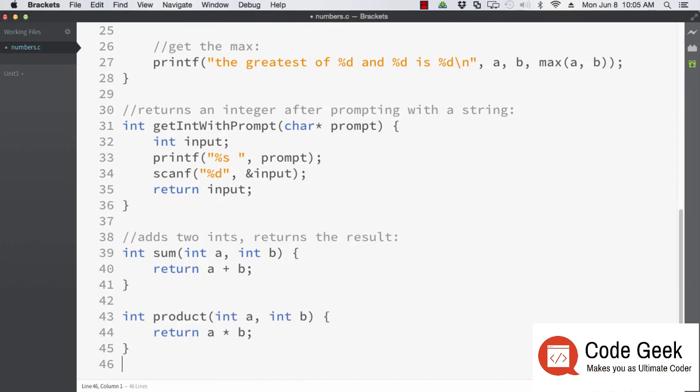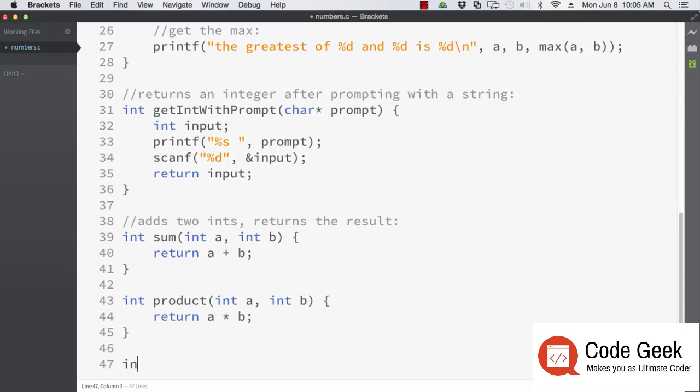And then finally we'll define the max function. Int max, int a, int b,